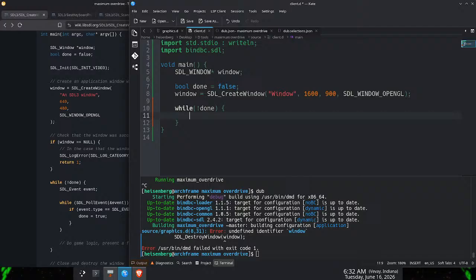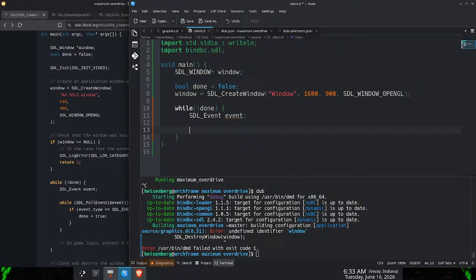Yeah, we can set that. But they also have an SDL underscore event, which is a type. And then an event for the name of the type. So they have an event, and it's a type of SDL event. Or event of type SDL event. And then